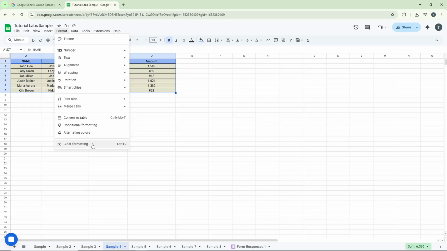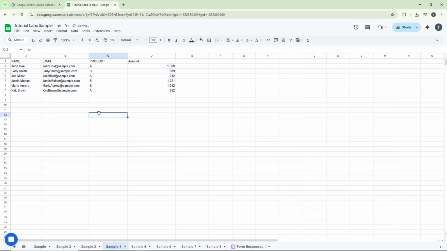This action will instantly remove all formatting from your selected cells, including colors, borders, text styles, and any other visual modifications that were previously applied. Your data will remain intact, but it will return to the default clean appearance without any table styling. And that's it. You've successfully removed table formatting from your Google Sheets document. Your data is now presented in its simplest form, making it easier to apply new formatting or work with the